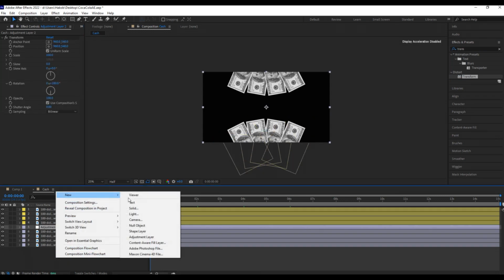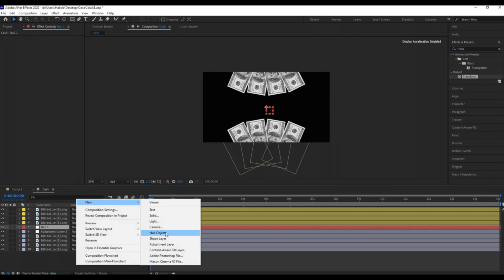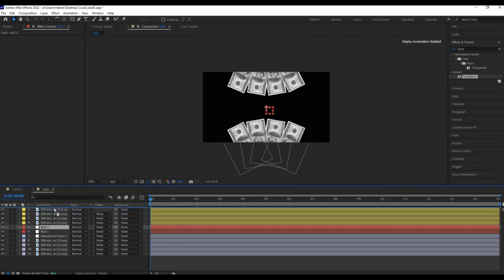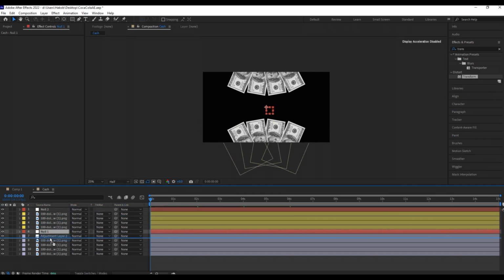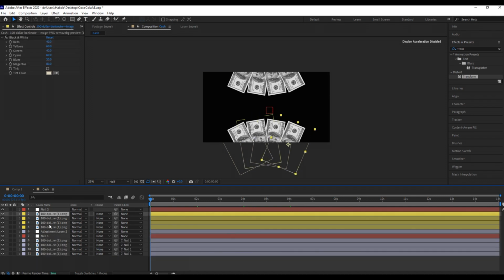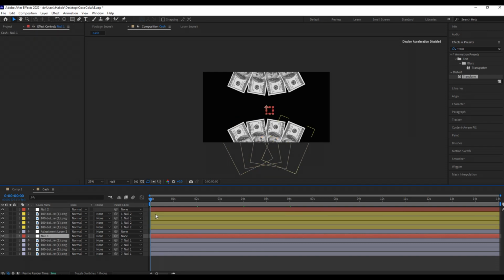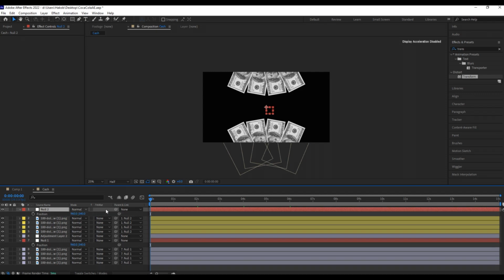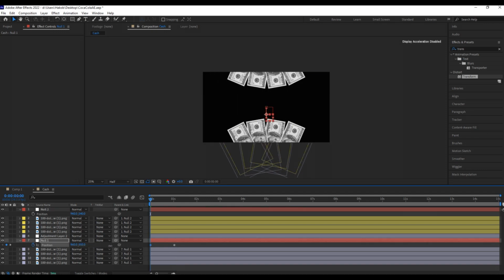Perfect guys. Then we need to add null objects 1 and 2. So move, okay, and this one. So the bottom layers we need to connect to our new one, and for top ones to our new 2. Okay guys, so we need to make position for both of them. Go to 1 second, add a keyframe, go back to beginning and make it like this, and the same for